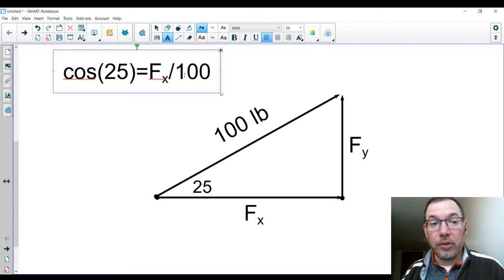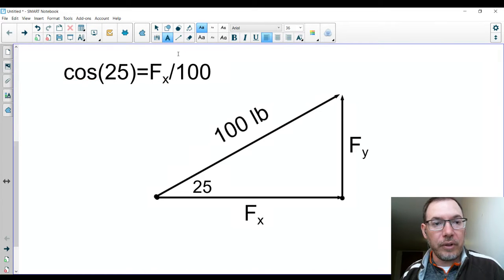And that ratio is going to be the same. Even if I changed this and it wasn't 100 pounds, or it was 10 pounds, or 30 pounds, or whatever force we wanted to put in there, this statement would still be the same. The value of f of x would change appropriately, but this ratio would always be the same. In fact, you can think of cosine of 25 as almost like a proportionality constant. And I know, we're getting into algebra there, but we could go to this statement right down here